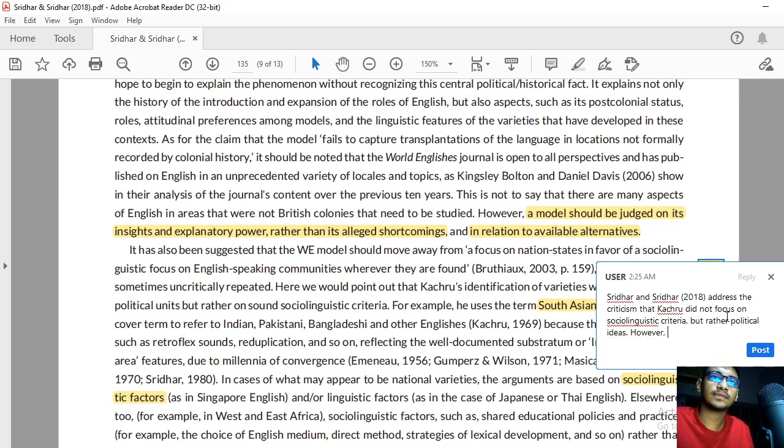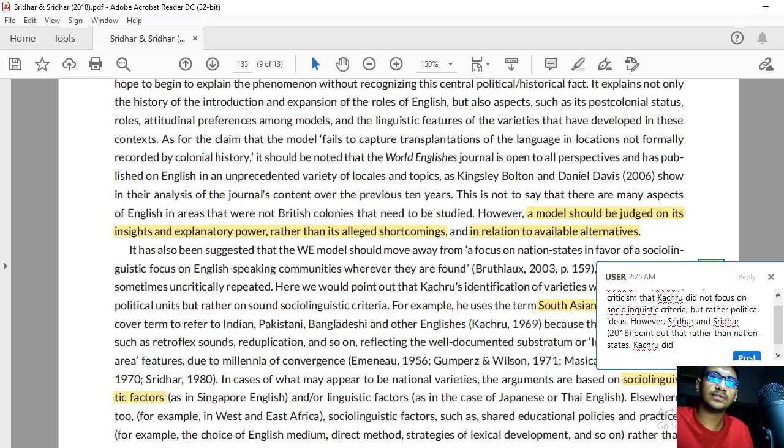However, Sridhar 2018, we should always mention the year of publication whenever we are quoting from writers, whenever we are mentioning writers. However, Sridhar 2018 points out that rather than nation states,